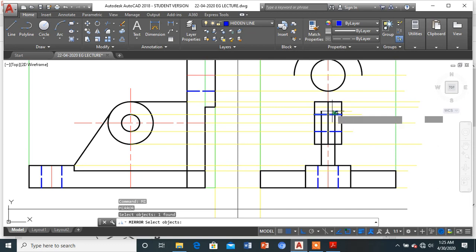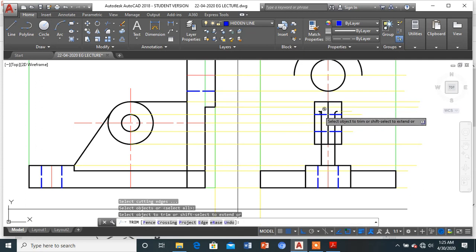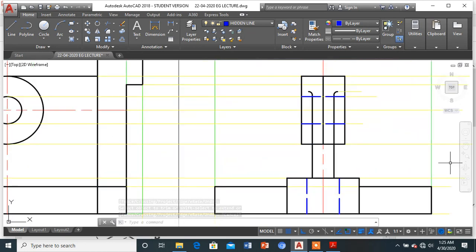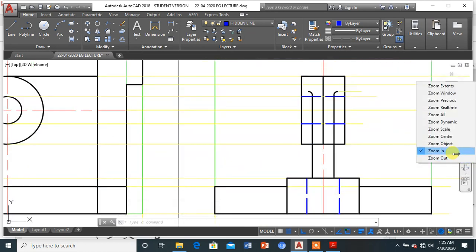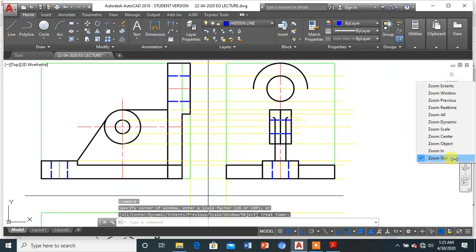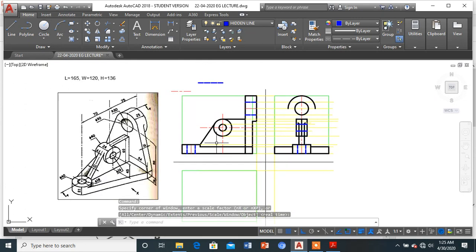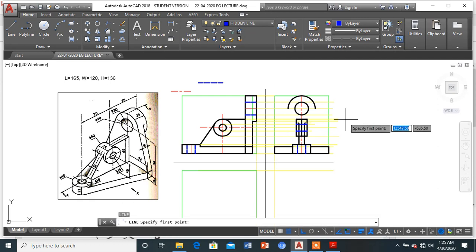So I select this, say enter, select this over here like this. Now the unwanted part of the line which is not required, I'll simply trim it out. Okay, trim or erase. So it's done, it's erased. Now as you can see, we are done with the side view almost. So how to complete it further? Just for the completion of the side view, let us draw the tangential lines from the ends.